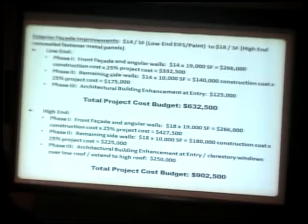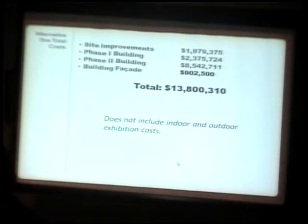Phase two would be the remainder of the building, and then phase three would be building enhancements at the entry to the visitor center. The high end, which would be the different materials with the concealed fastener metal panels, could be about $902,500 for the outside. So the total cost for the multi-sports complex repurpose, including the site improvements, phase one, phase two, and the building facade, would be just under $14 million at 13.8. Again, that doesn't include the indoor or the